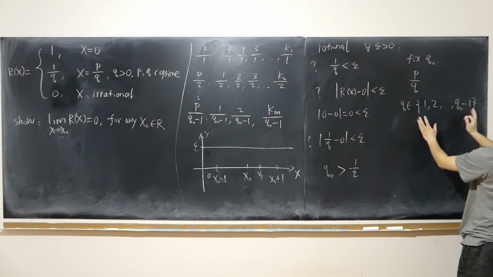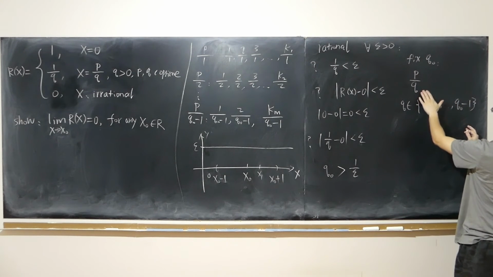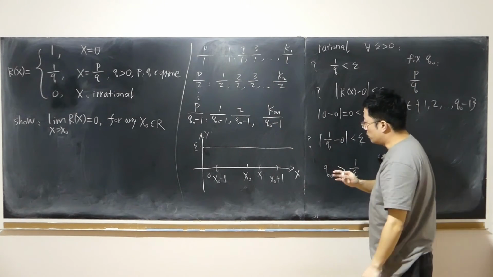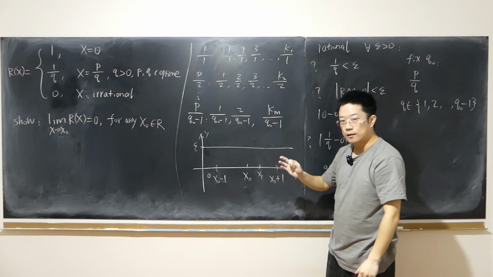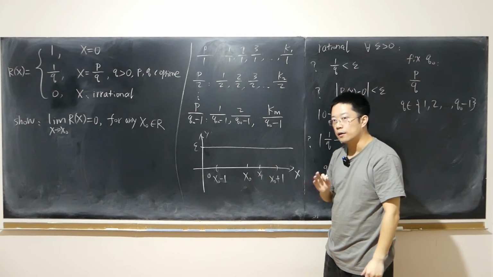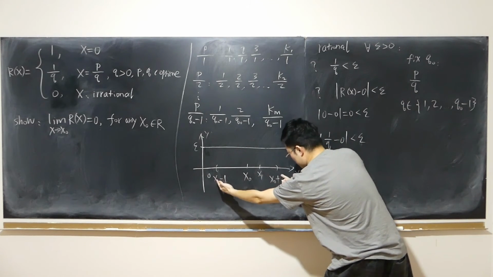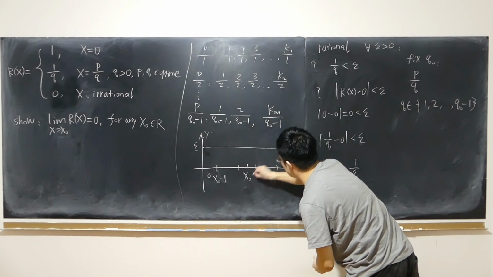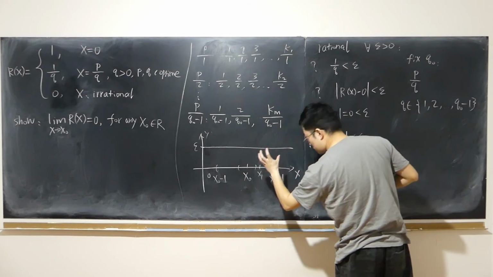Q naught minus 1 is fixed, so only finitely many choices for the denominator, and also for the numerator, finitely many choices. So now here comes the key: I can easily find a small enough neighborhood, even smaller than this neighborhood, so that in this smaller neighborhood,